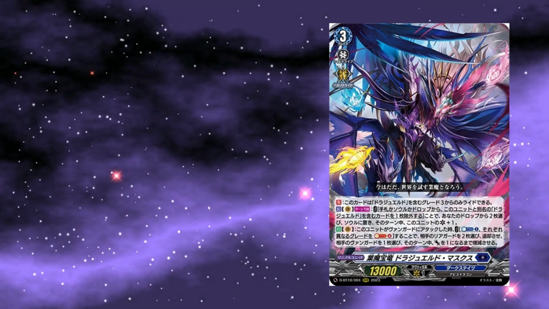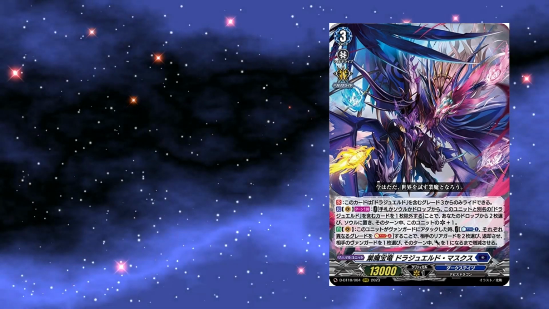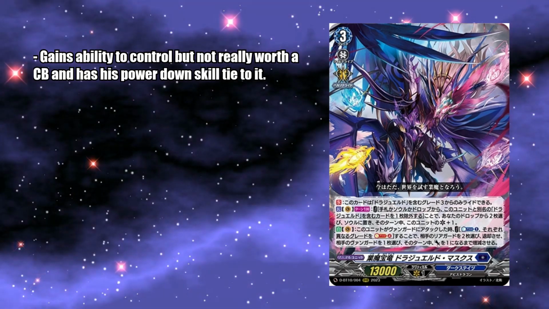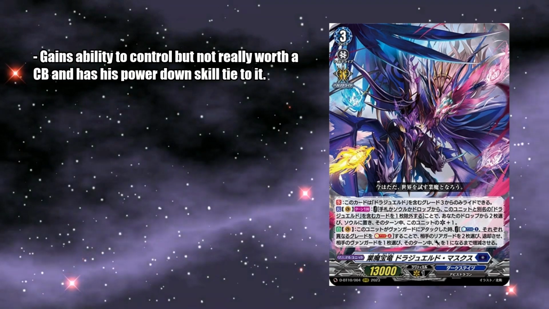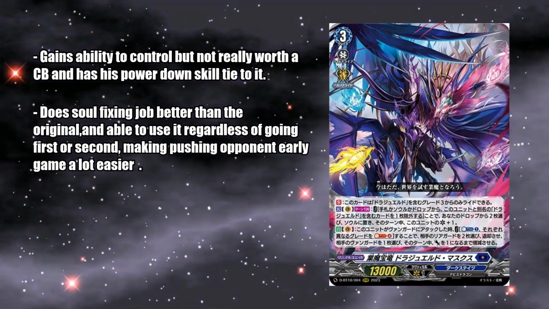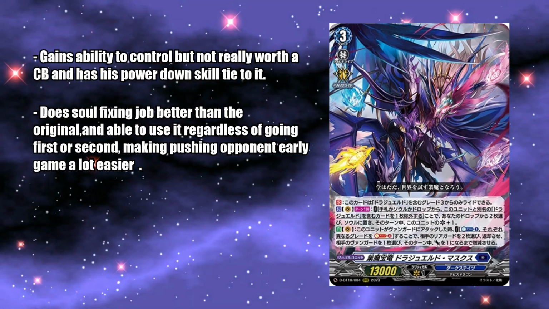Let's address the big elephant in the room. Drageo Mask is Drageo with extra steps, very controversial extra steps. One of the steps is that it can retire 2 now, but I feel it doesn't work with the Counter Blast, as the deck already uses a lot to begin with. But its other step is actually pretty damn good, as not only does it have better soul fixing than the original Drageo, the crit that it gains is actually non-restrictive, so you can use it on turn 3 if you're going first,